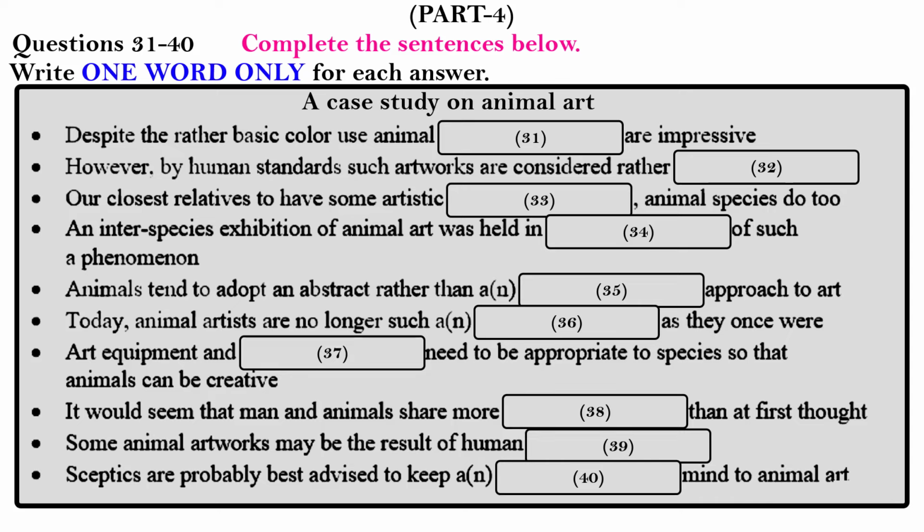Whilst the artwork would be definitely primitive by human standards, when you consider that the artworks were executed by animals, then, well, they are frankly staggering. Nor were the artworks purely the work of our closest relatives, the apes. No, they were produced by animal artists drawn from a diverse pool of species ranging from elephants to gorillas, birds